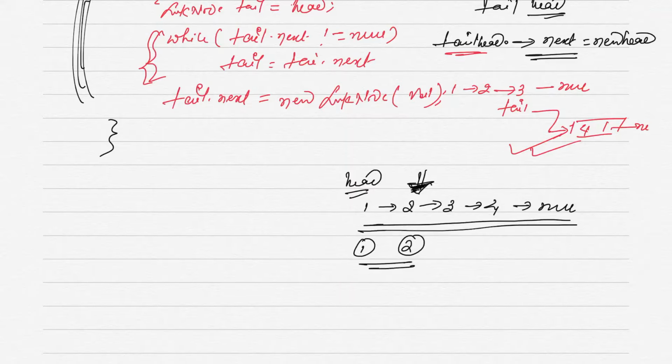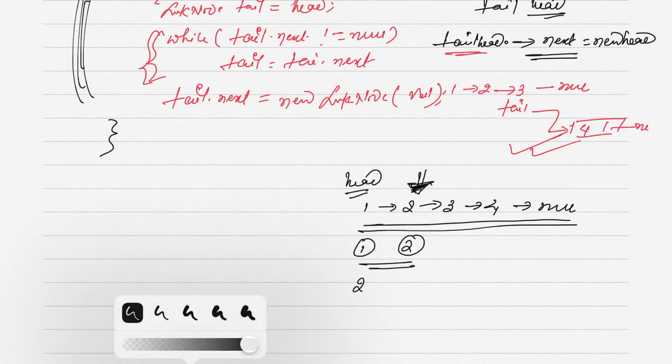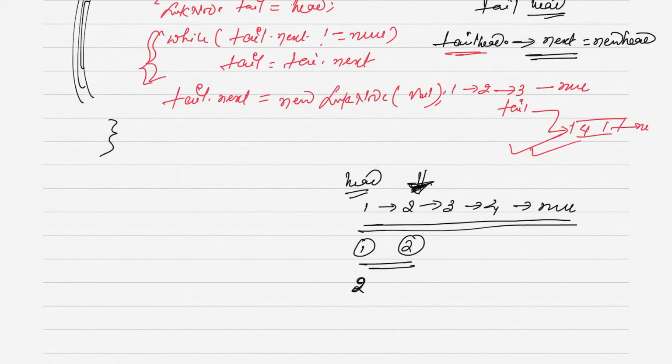suppose the initial value of position is 2, so you can access it. I will start a loop. I will read 2, then I will go to 1. As soon as you reach 2, we can ask the second node to point to the new node, and the new node will point to where this one was pointing.